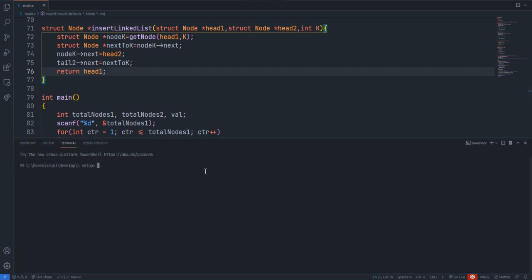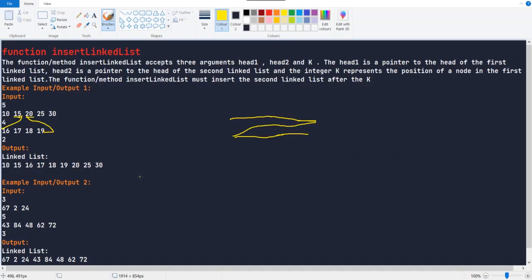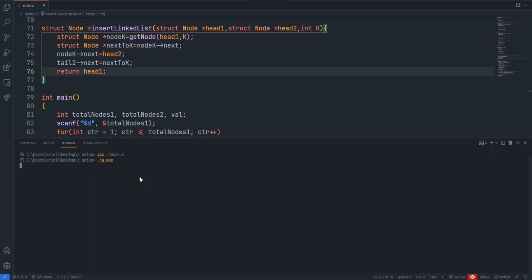Let me check that. Clear screen, gcc main.c. We didn't get any compilation error, which is a great thing to have. I'm executing this for the values 5, 4, 2, 5.